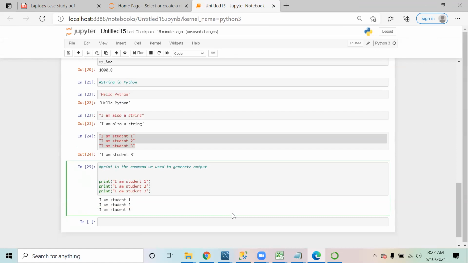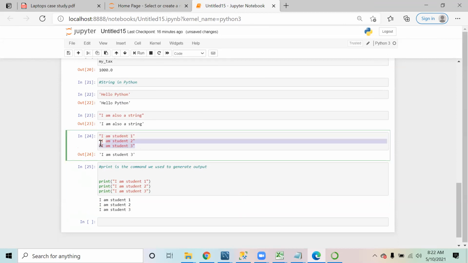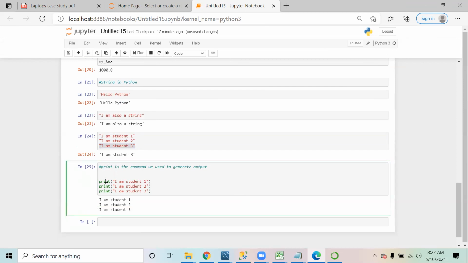But if you don't write print, it is going to show you in the output only the last one, because it executes this statement, then this statement, and this statement, and as a result, finally you get in the output only I am student three. But when you say print, it is going to throw each and everything on the output screen. So it is throwing this also on the output, this also, and this also. As a result, you get 1, 2, and 3, all three things in the output here. I hope I am clear to all of you.